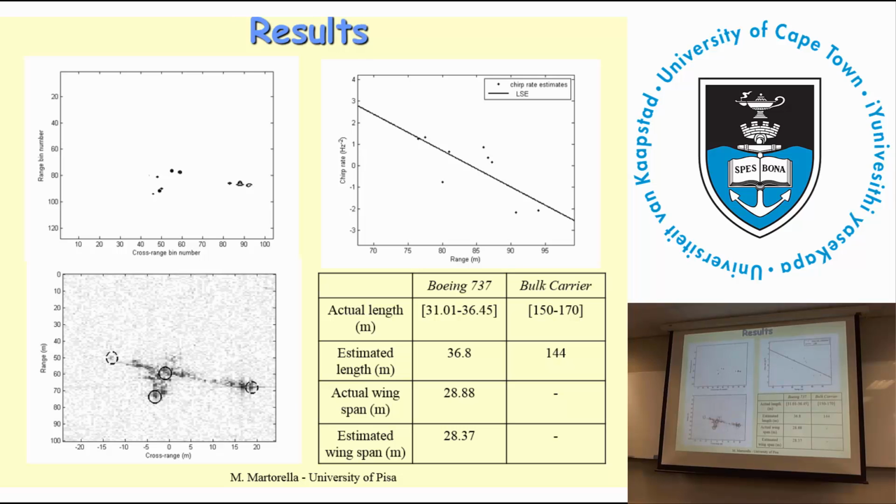So this was a Boeing 737, and the actual length, right? There's a family of 737s. They don't all have the same length. Unfortunately, we didn't know what type of model that was. So we know that it ranges between 31 and 36. And we estimated 36.8 out of it. The actual wingspan is 28.88, and we measured